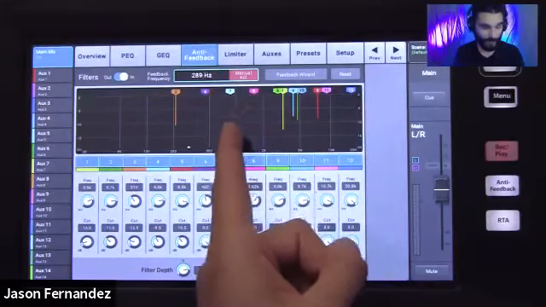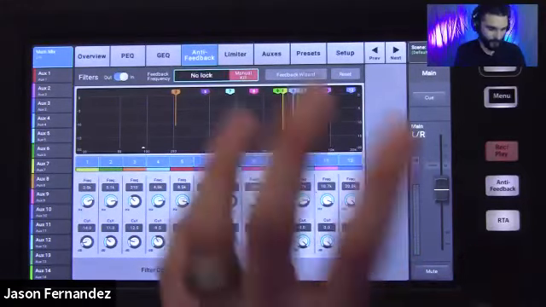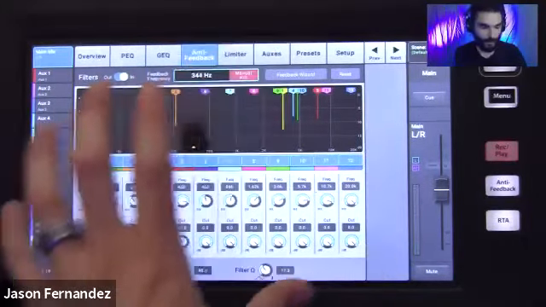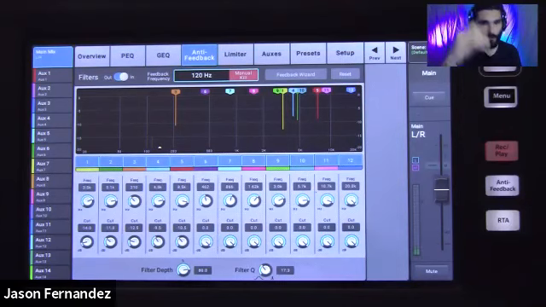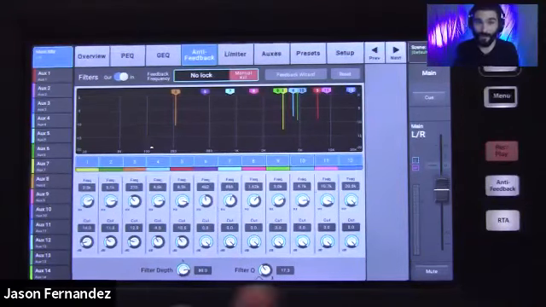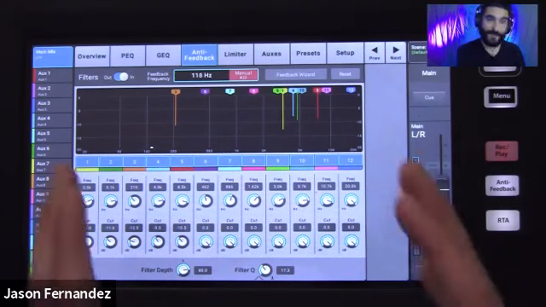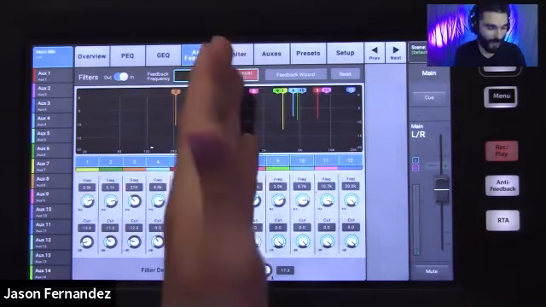The manual kill button is super, super cool because the tool is not always working. In the wizard mode, the automatic mode, it's taking control of your main output fader and automatically applying those filters. You don't want it to be doing that during a show, right, or during an event. But you still want to have the ability to control the feedback if you need to. You still want the ability to access this tool, and you can with the manual mode.